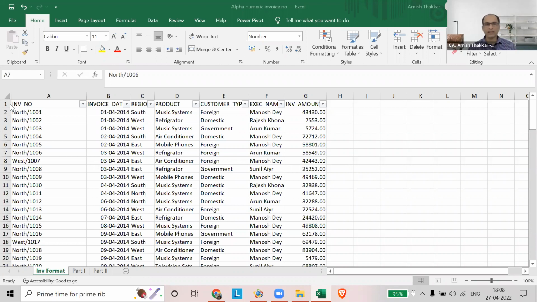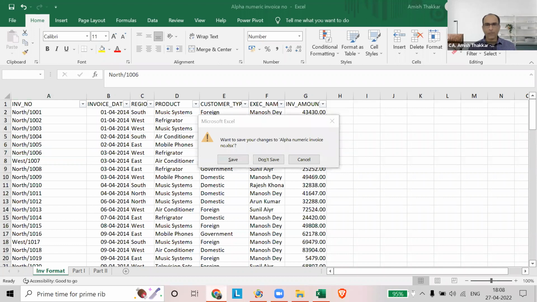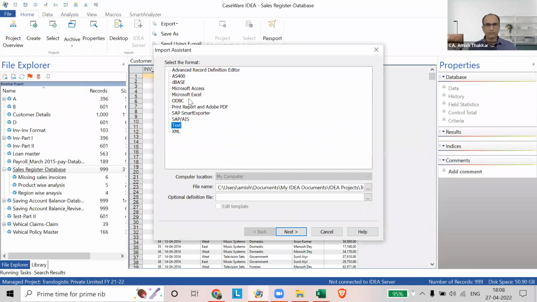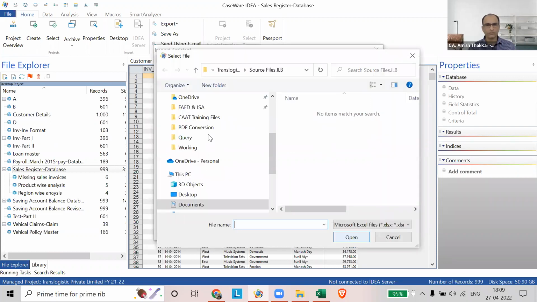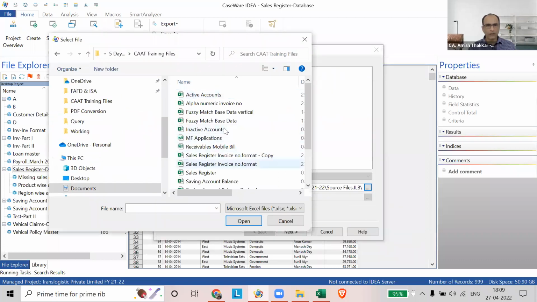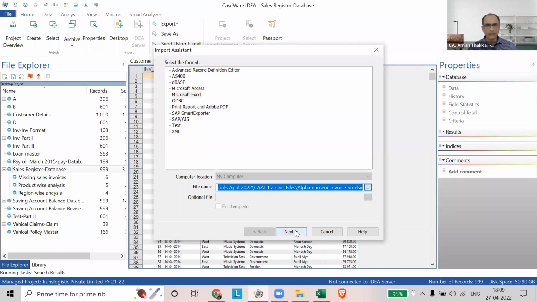So let me show you what I mean. Now suppose I import this file, so you observe that my first record has a 5 character and the sixth one is a special character, which is also considered as a character. So when I import the file, what happens is,